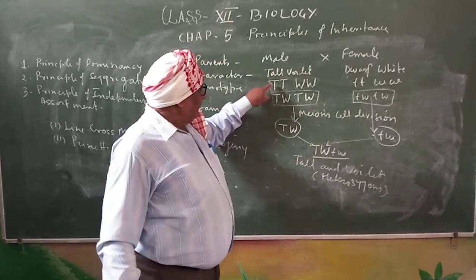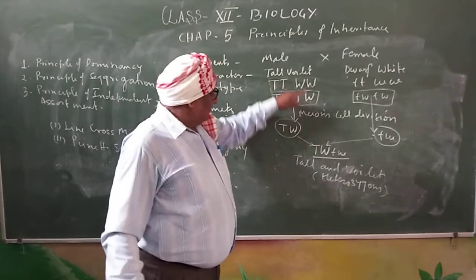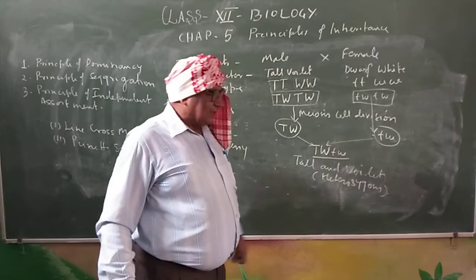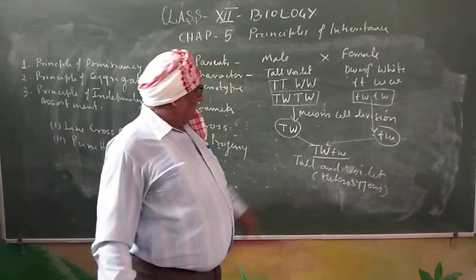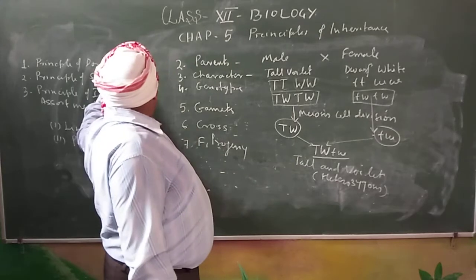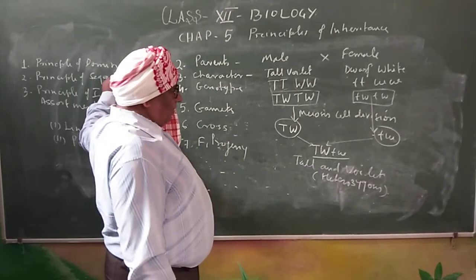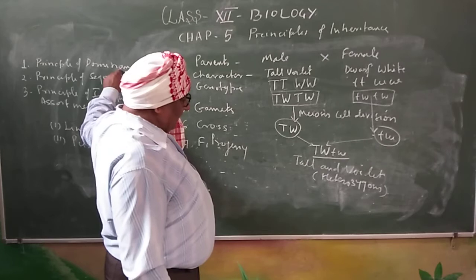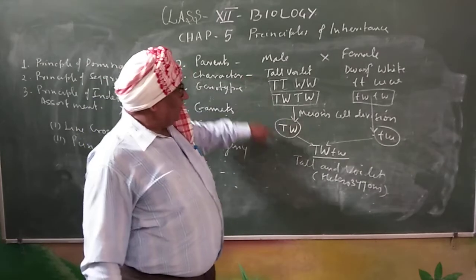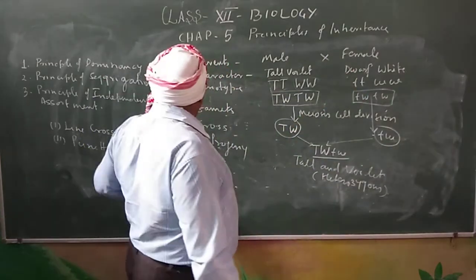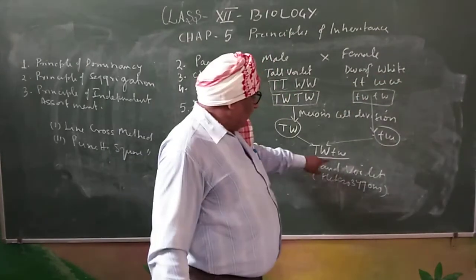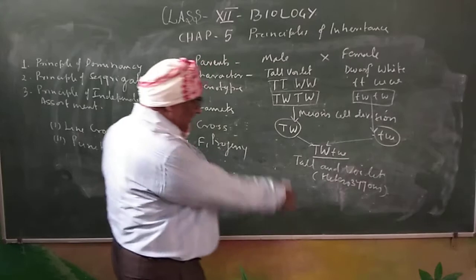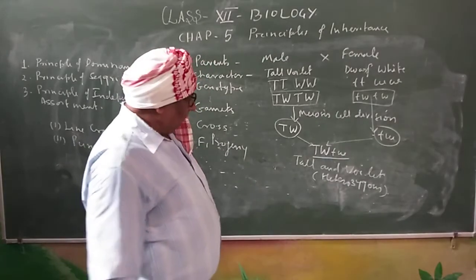See it here. They are all dominant. Here there is one dominant, one recessive. Even then they are representing the same character. Because of this, they represent the first law of inheritance, that is the law of dominance. So who is dominating here? Tallness is dominating over dwarf. Similarly, the violet color is dominating over the white. So dominance is expressed here, and that indicates the law of dominance.